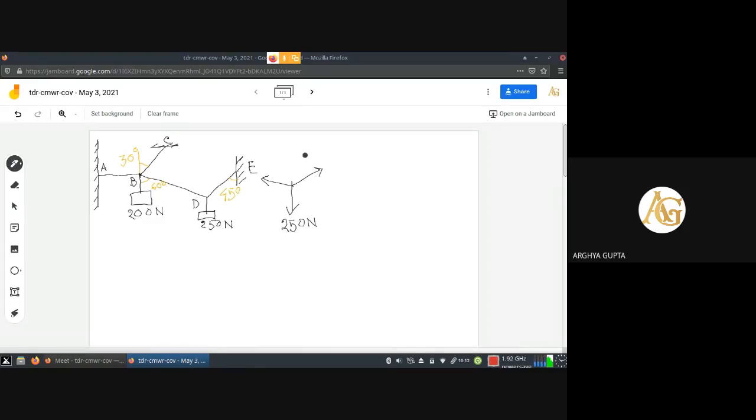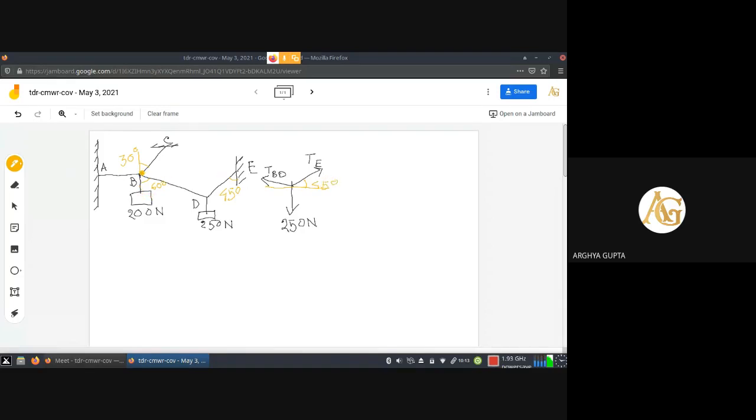If that force is T, then the other force is, let us say, for the string BD, so it is TBD. The three forces are there. The angles have already been given. So the angle here, this angle is 45 degree,